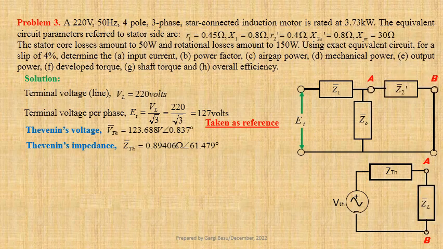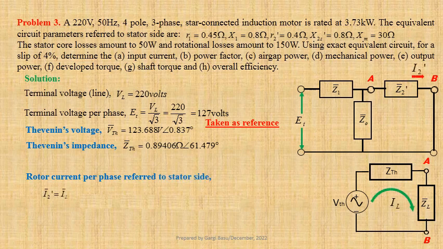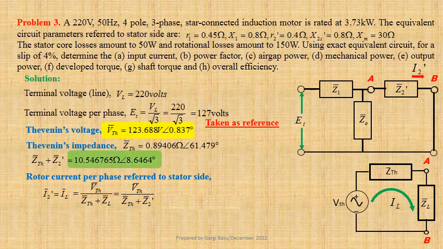Let us now calculate the load current, that is the rotor current per phase referred to stator side. I2 dash equals IL equals VThevenin divided by Z Thevenin plus ZL, or VThevenin divided by Z Thevenin plus Z2 dash. We have determined Z Thevenin plus Z2 dash equals 10.546765 ohm at an angle 8.6464 degree. Using values we get I2 dash equals